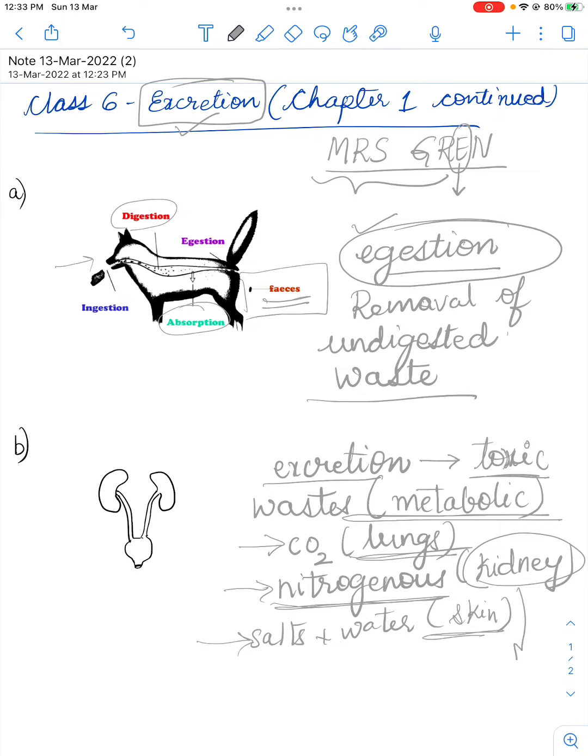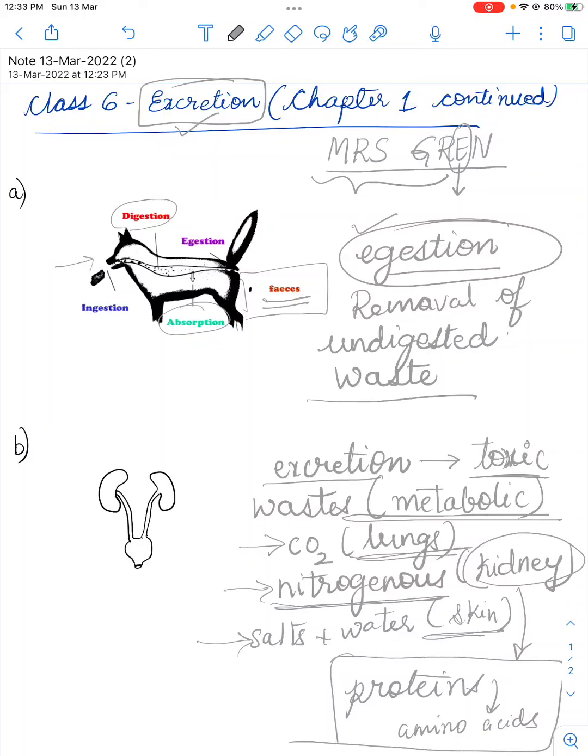How does the nitrogenous waste get into our body? The nitrogenous waste is formed when the proteins in our body are broken down to release amino acids, as proteins are biomolecules made up of amino acids. I think this might be too much for some of you at the initial stages, but we will study the excretory system, basically the human excretory system, that is the kidney, in much greater detail in later lessons. So as of now, you may remember that